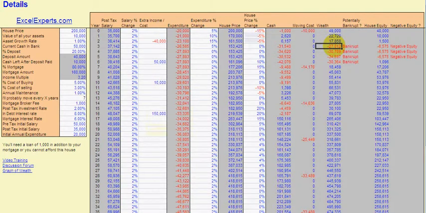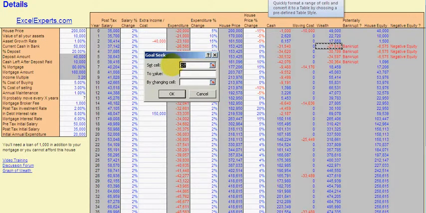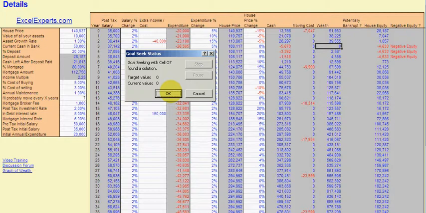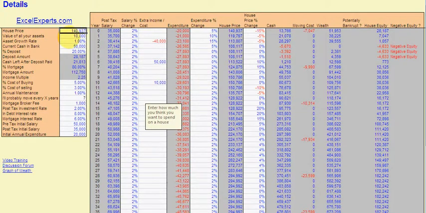Let's say I don't want to go bankrupt. Let's select this cell and go Alt T G, Tools, Goal Seek, and I want to set that cell to value 0, so I'm not bankrupt, I've just got 0 wealth, by changing the house price. Okay, in this case I managed to stay above 0 wealth by changing the house price to 141,000. So based on these assumptions, with my salary, with my market assumptions, I shouldn't be spending more than 141,000